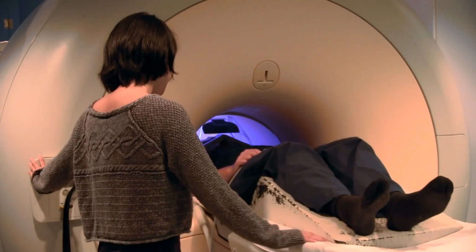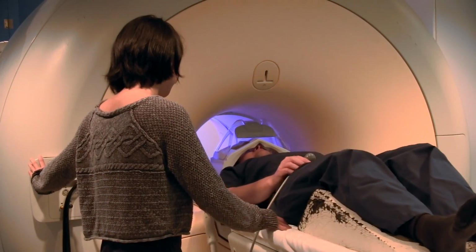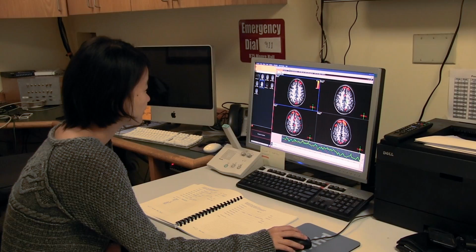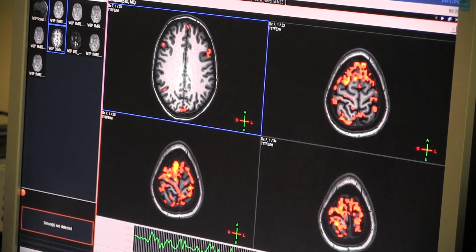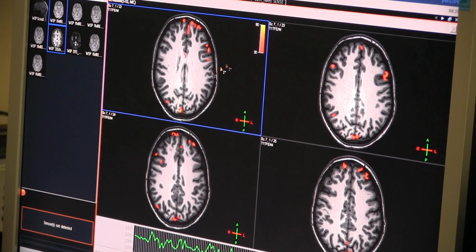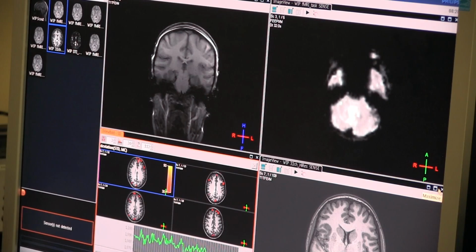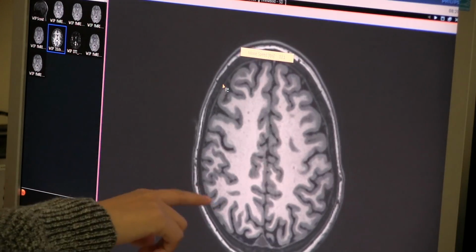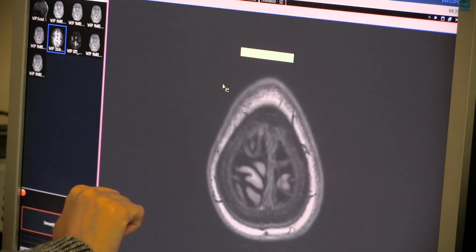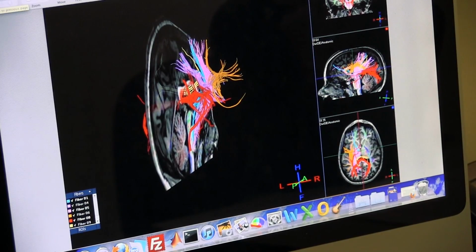Then on the other hand, we try to use prosopagnosia as a means to understand how the brain is organized. So for example, if we see somebody who's severely impaired with face processing, but they're normal with object processing, that suggests that face and object processing are handled by two separate mechanisms. And so that tells us something about the organization of the brain. If we see that there's a particular area in the brain that's abnormal in people with prosopagnosia, that suggests to us, well, that area must be important for face processing. So there's a back and forth between learning about prosopagnosia and learning about the normal organization of face